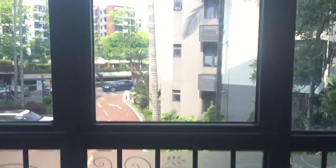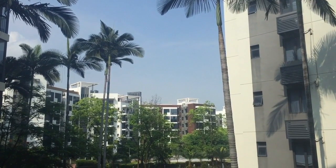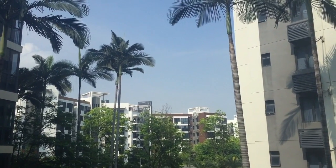Sorry that my camera keeps focusing the light weirdly. I don't know how to say that. Yeah. And it's a beautiful day today. Look at that nice blue sky and the palm trees and the sunshine. This is nice when it's not monsooning on you when you're trying to get to work. But anyways,